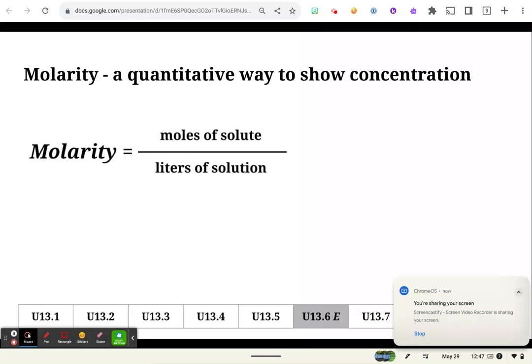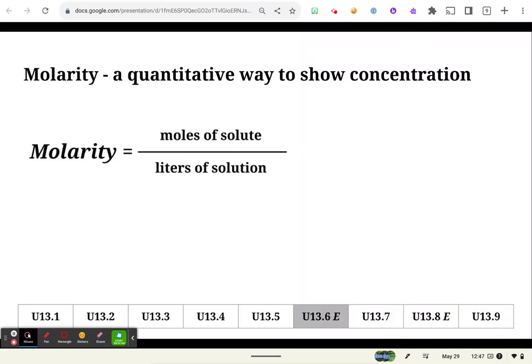All right, so here is your molarity review. The molarity equation, we use that when we're trying to figure out how to make a certain solution. The molarity equation is moles of solute over liters of solution. And when you're working with this, you're going to need that, but then many times you're also going to need